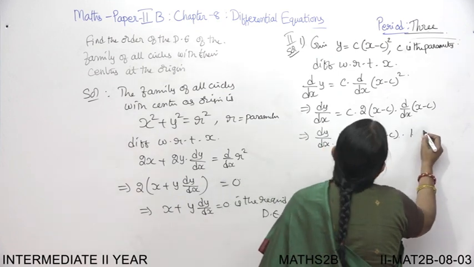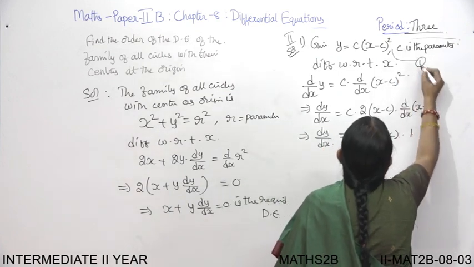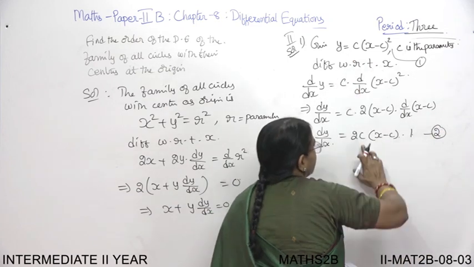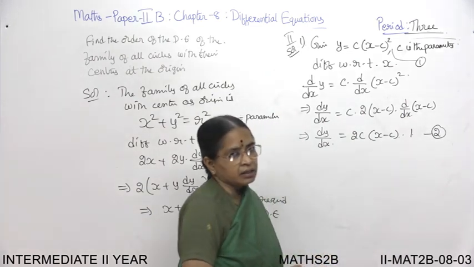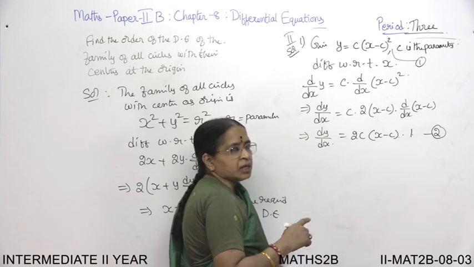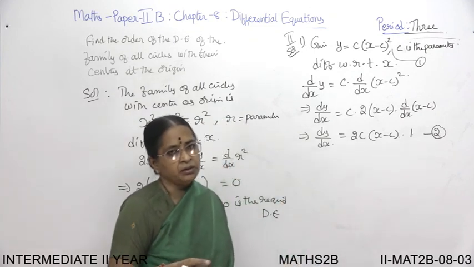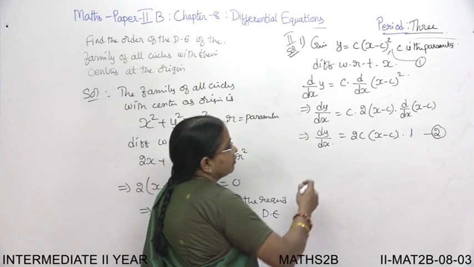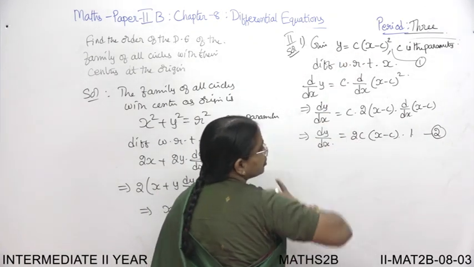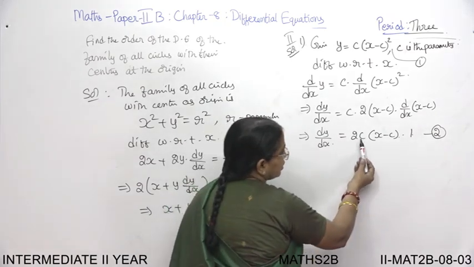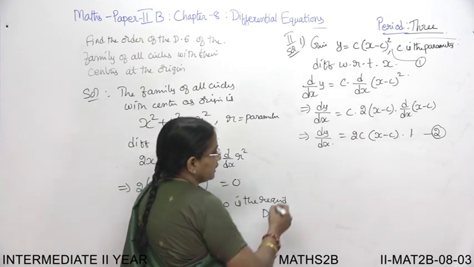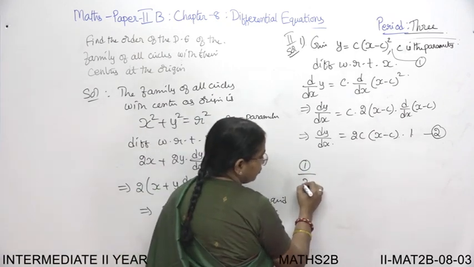Now this is the second equation. The first equation is the given equation, and the second is this one. Here you have c and here also you have c. How to eliminate c from these two equations? As I said, there is no particular method. You have to think it over. Can I find c from here and substitute there? No, not possible, because you have c square and all. So one way of doing it is we'll divide equation 1 by equation 2.